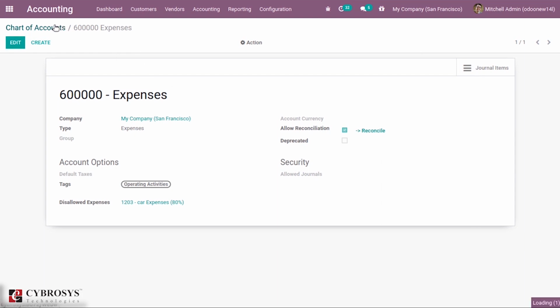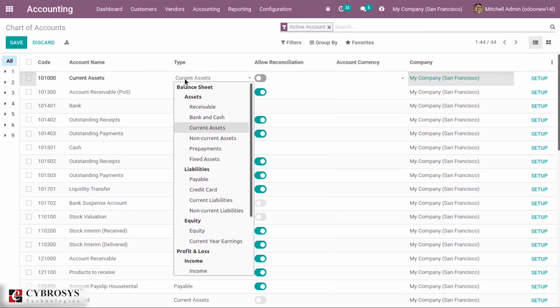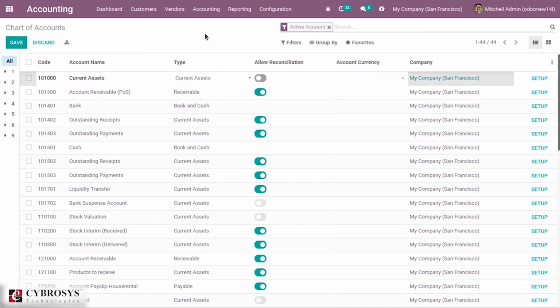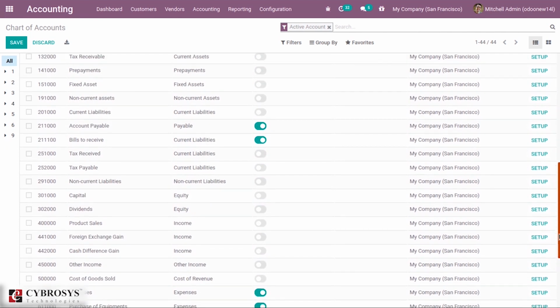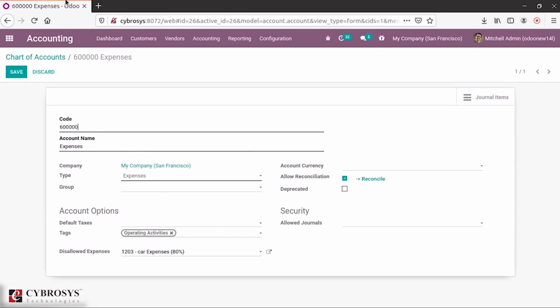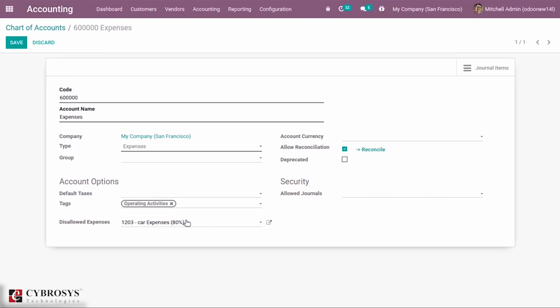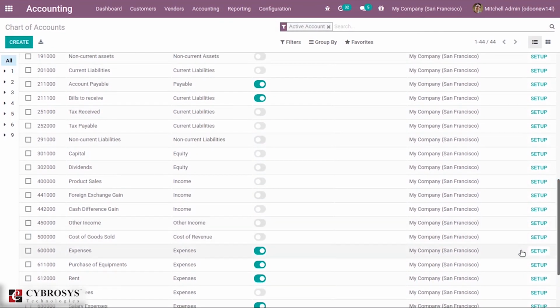In Odoo 14 we can set up some fields from here, and for more modifications, for changing other fields, you can click setup.